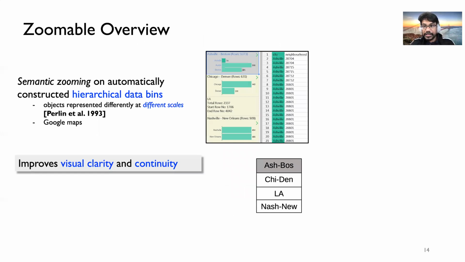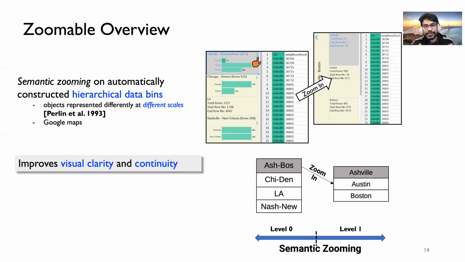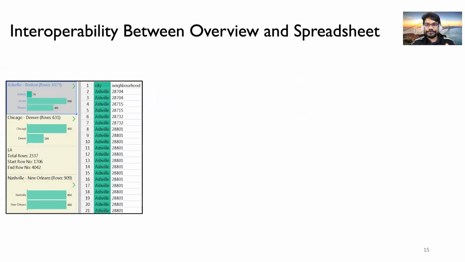Users can further drill down and get fine-grained details on demand. This is essentially a semantic zooming operation, similar to how we operate on online maps like Google Maps. We initially start with a bird's eye view of continents and zoom in further to get countries, cities, and even streets. So the semantic zoom in operation improves the visual clarity as the user zooms in from lower resolution to higher resolution views. Similarly, users can zoom out to get a high level view of the data.